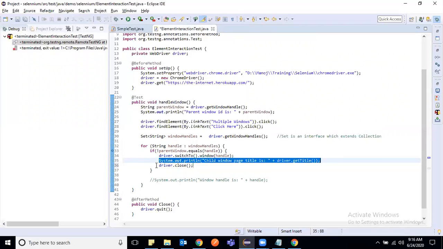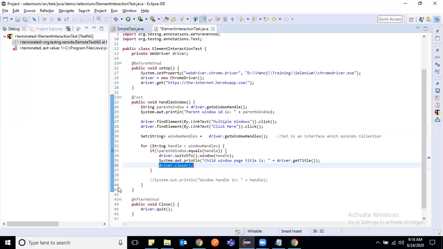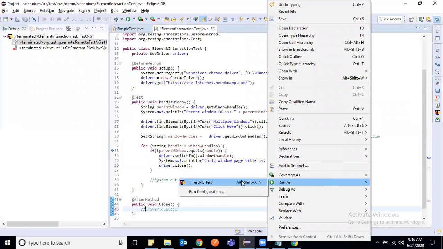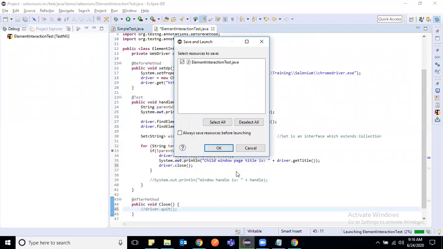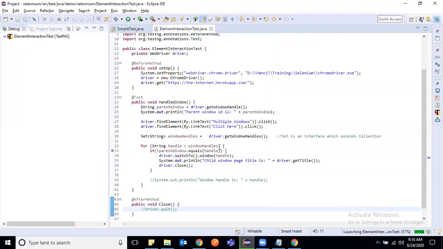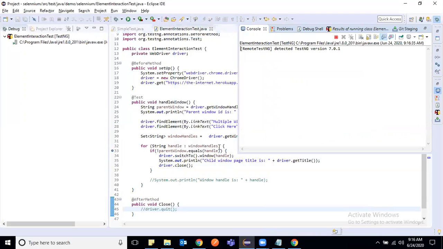Once it is done, I have to close that. So this driver dot close, let me run this. Let me comment this, then you will be able to see clearly. It only closes the child window. It doesn't close the parent window.